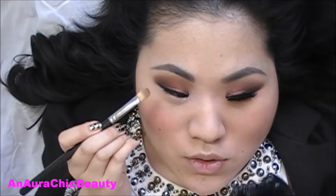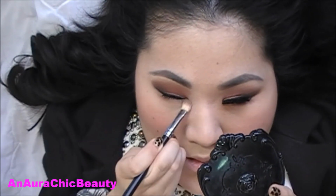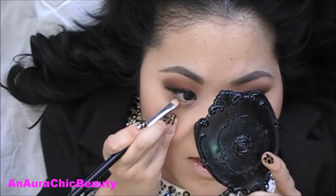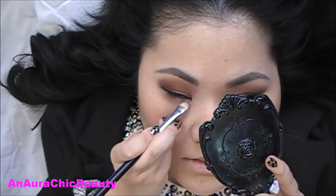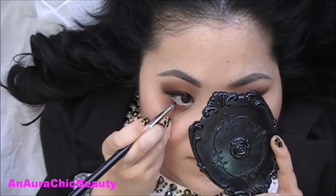I'm going to finish up the eye makeup starting with taupe eyeshadow, applying it under the eyes. Then with Garnet, I'm applying it just on the outer half of my bottom lash line. To softly define the eyes, I'm going to use Espresso and just smudge a little bit close to the lash